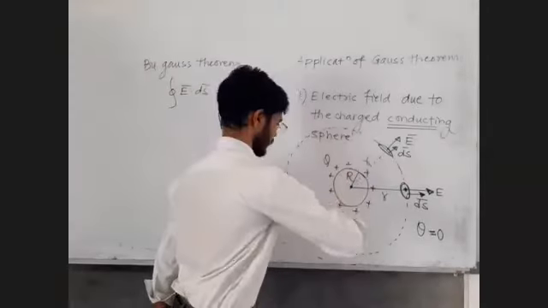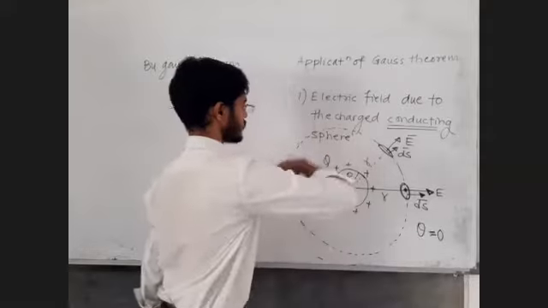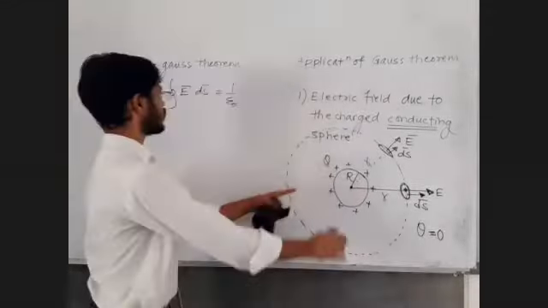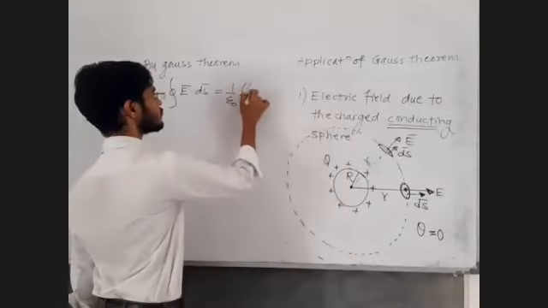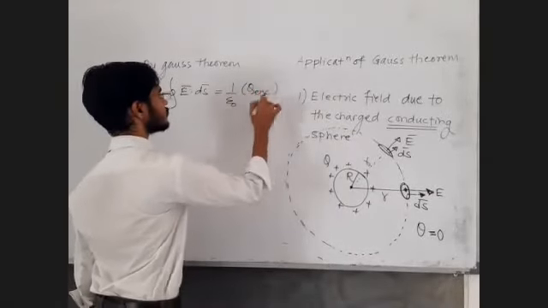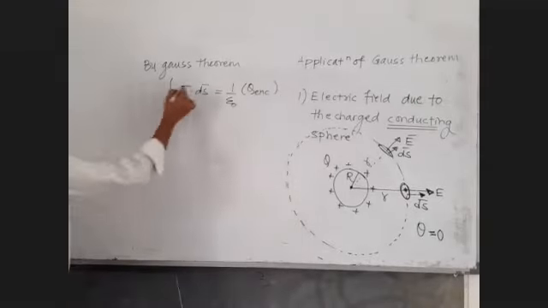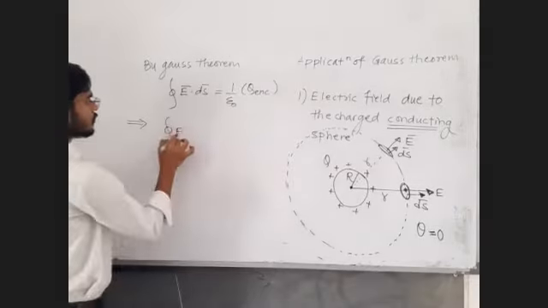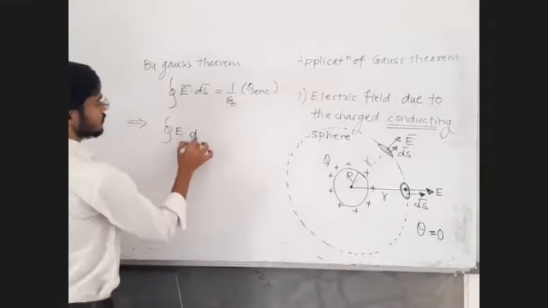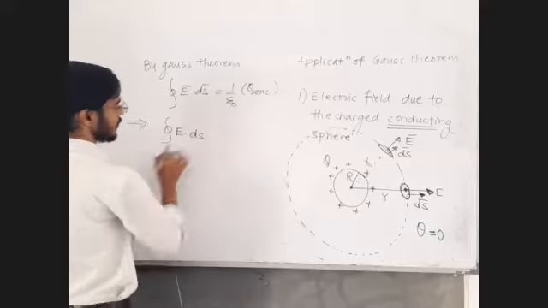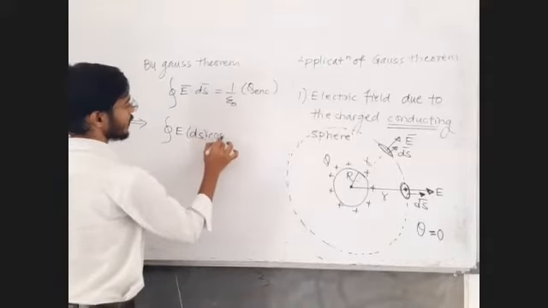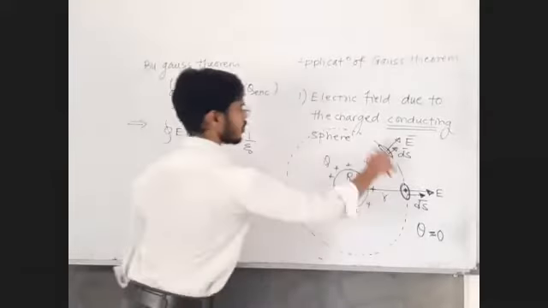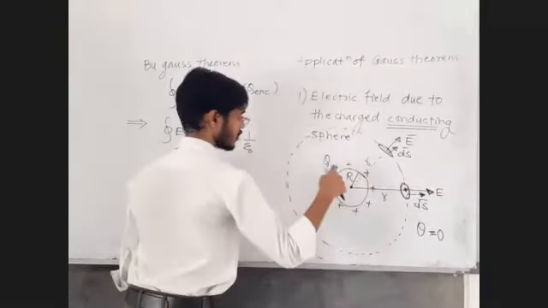This is the Gaussian surface. Imagine the Gaussian surface. What is the charge enclosed inside this Gaussian surface? Sir, capital Q. Charge enclosed. Let us apply the magnitude of the first vector into the magnitude of the second vector into cos of the angle between them. What is the charge enclosed here? Sir, right now the charge enclosed itself is Q.